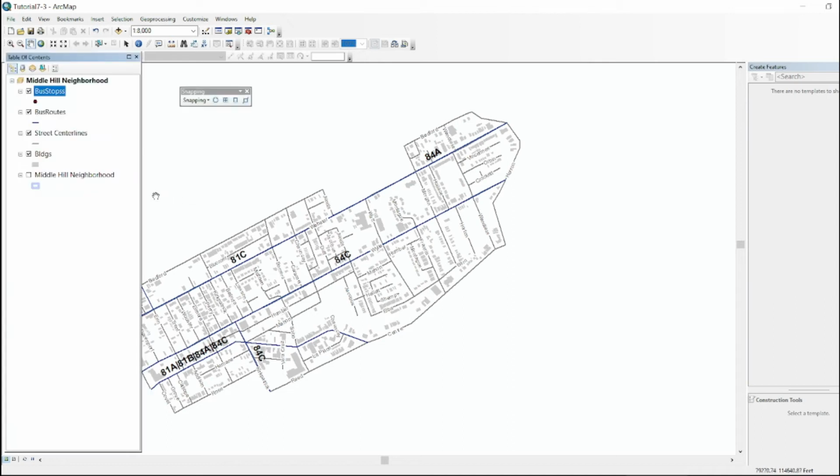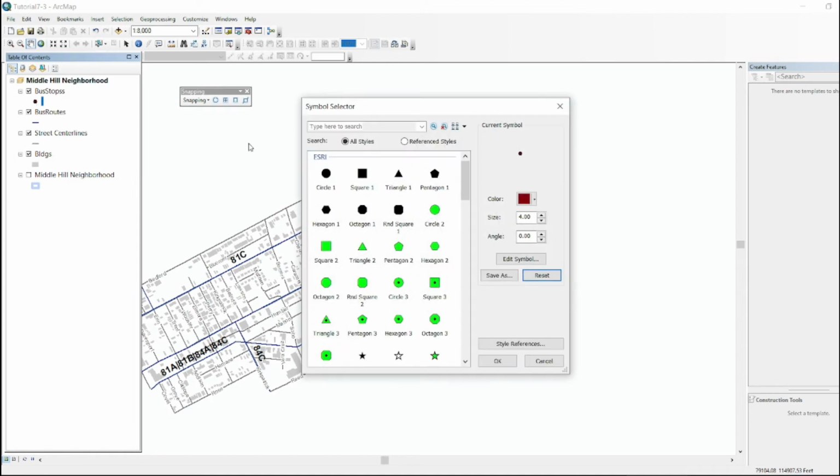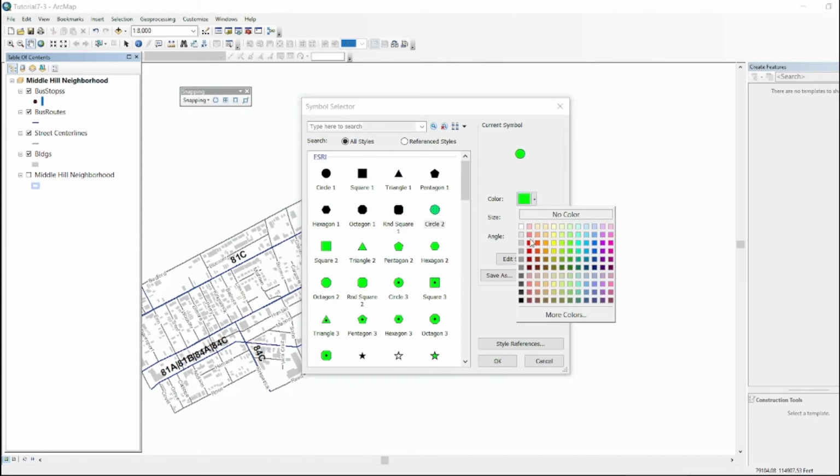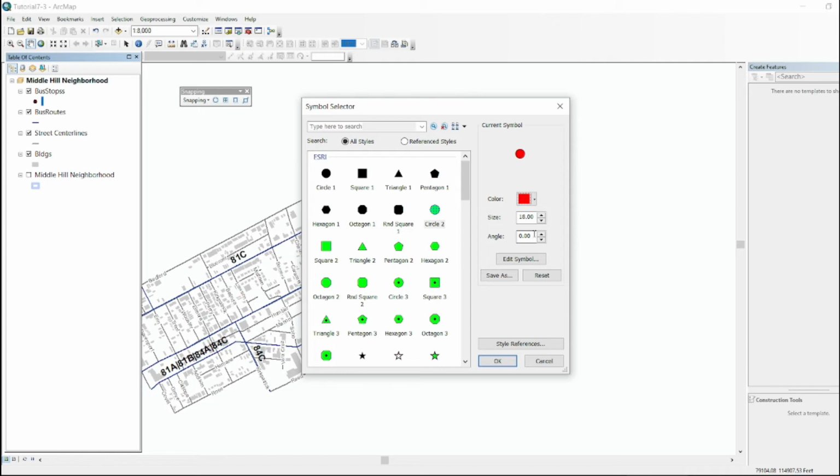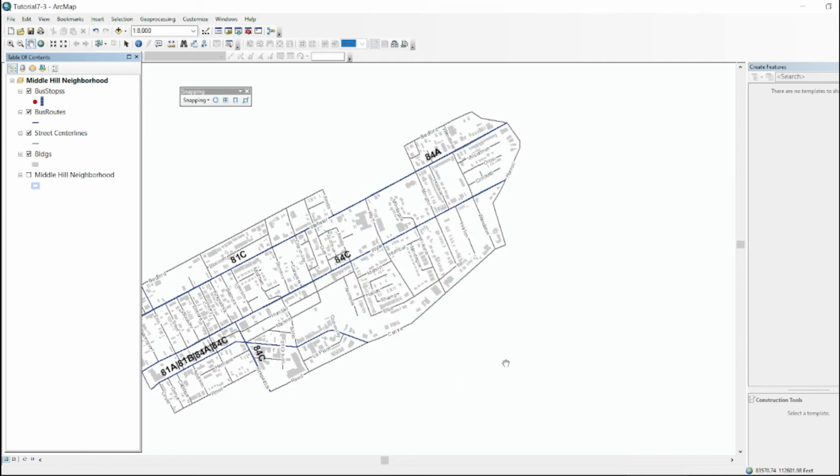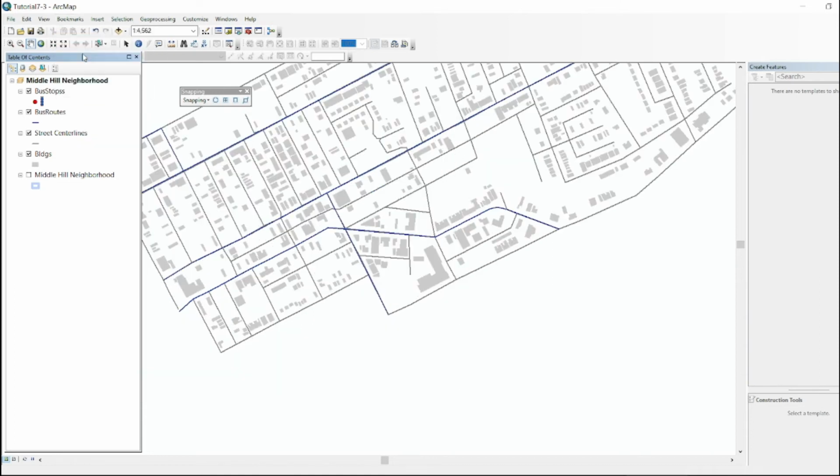In the table of contents, click legend symbols for bus stop layer, and you change the symbol to circle and color to Mars red, and the size to 8. And you just click OK, and then you zoom to Center Avenue bookmarks, and you go to